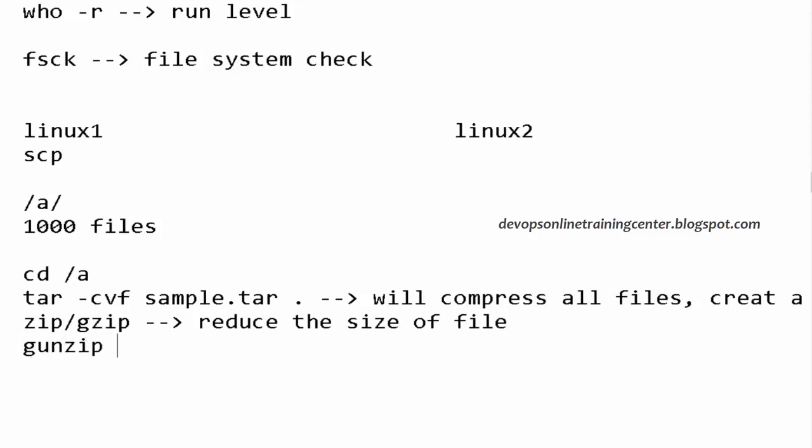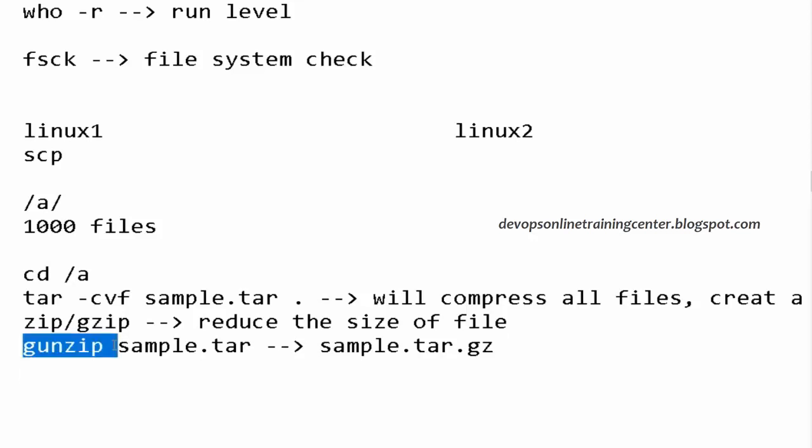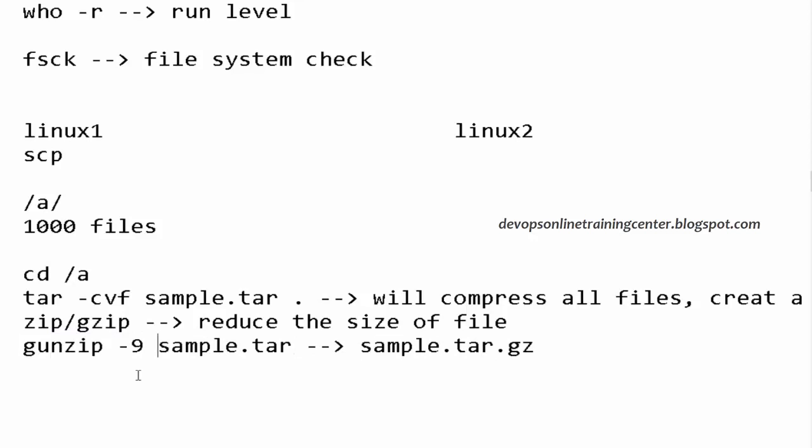So gzip and the file name sample.tar. If you give it, it will create another file called sample.tar.gz. So this will be very much smaller in size, right? There is something called gzip -9 which will reduce the size by 40%, right? So you have a 1 GB file, it will be reduced to somewhere around 400 MB.